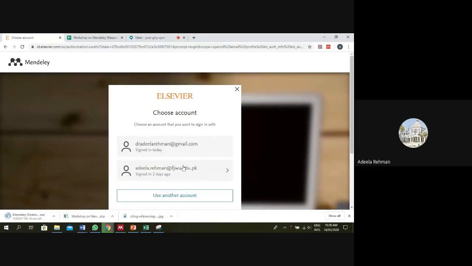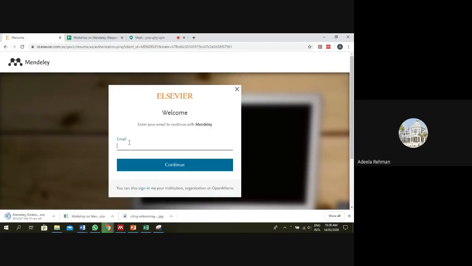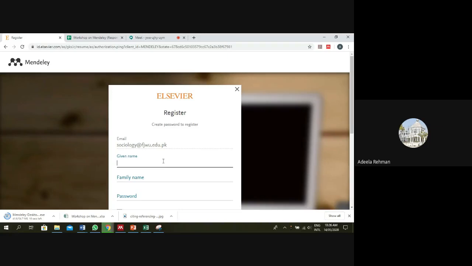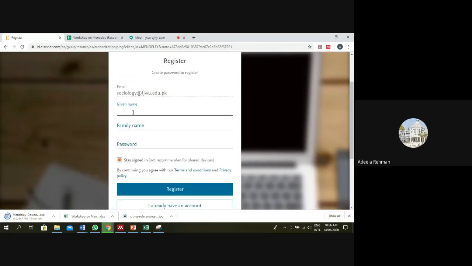I have already signed in with two different IDs, so these IDs are already appearing over here. If you have not signed in, if you are signing in for the first time, you just add your email address. For instance, I am adding sociology because it is not added. Click on continue. You can write your name